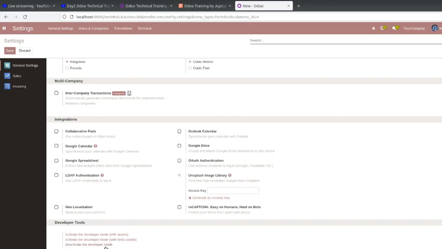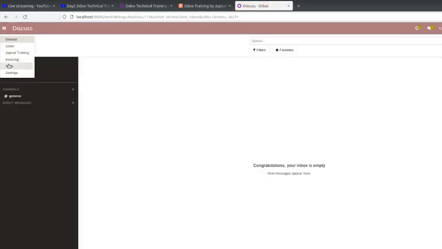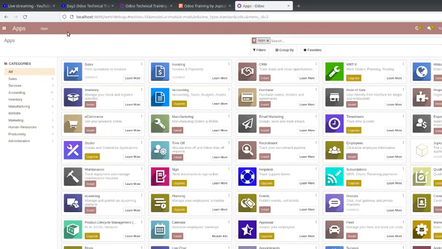This will appear when you have already activated your debug mode. If I deactivate, then this debug sign will disappear and there will be limited access to a few menus. So if I go to apps, I can't see the update apps list. So whenever you see that a menu does not appear, you need to activate developer mode.